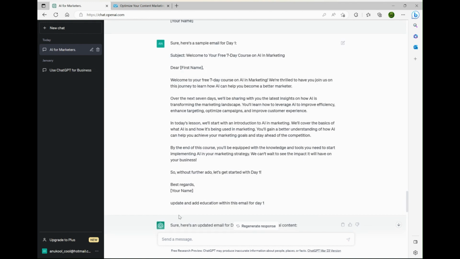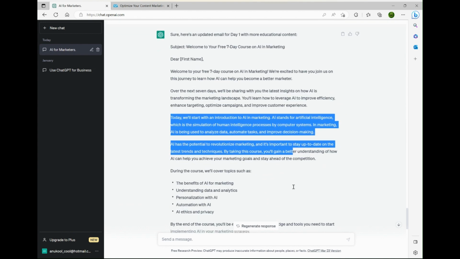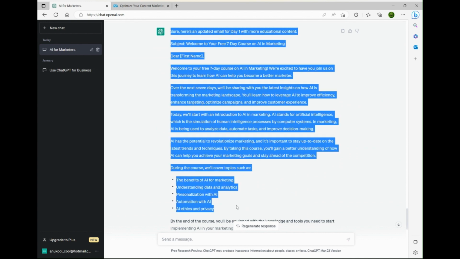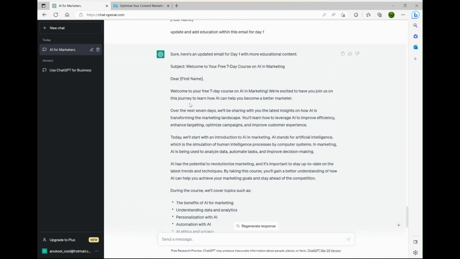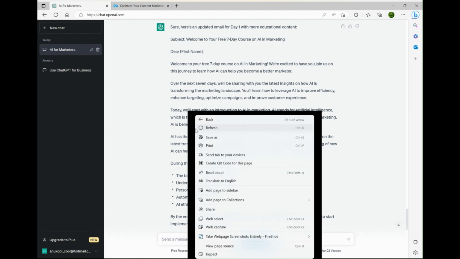So I read through that, and there wasn't enough content from an educational perspective. So I asked ChatGPT to just update it, add a bit of education in email 1. So it kind of went ahead and then gave a little bit of a summary of the full topics. And yeah, so I guess same process, review this, iterate it, add your own spin to it, ask ChatGPT to make further updates, and then once you're happy with it, you've got email one ready,